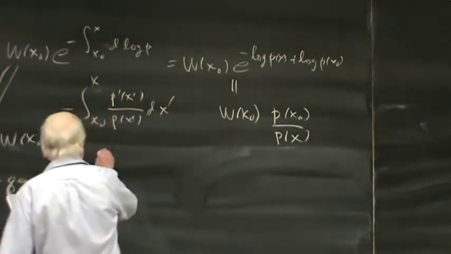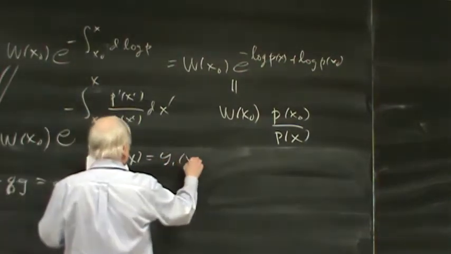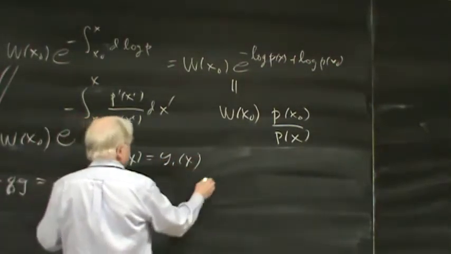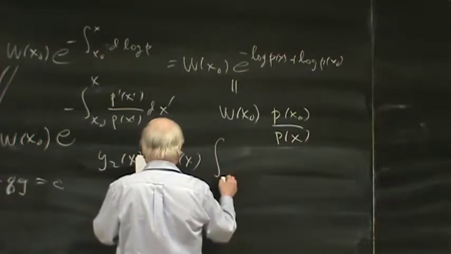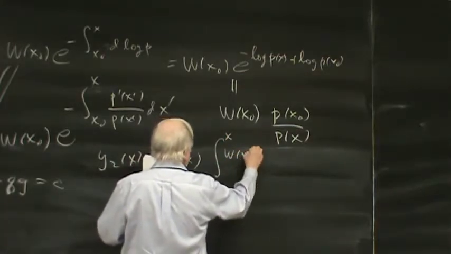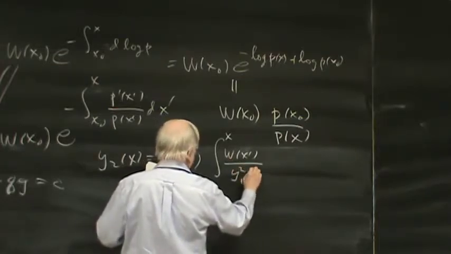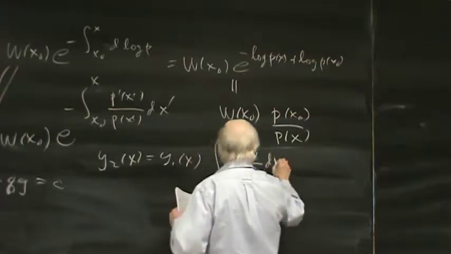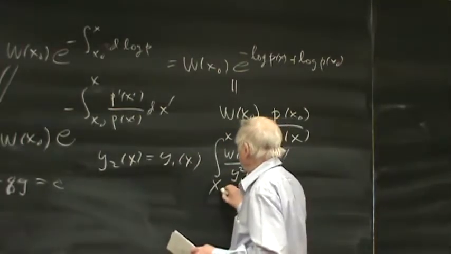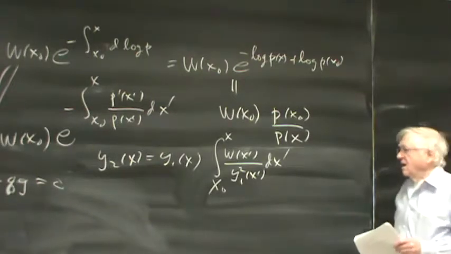And then we saw that the Wronski method got us a second solution, which is the first solution times an integral up to x of the Wronskian over the square of the first solution dx prime. And if you want, you can make that a definite integral. And